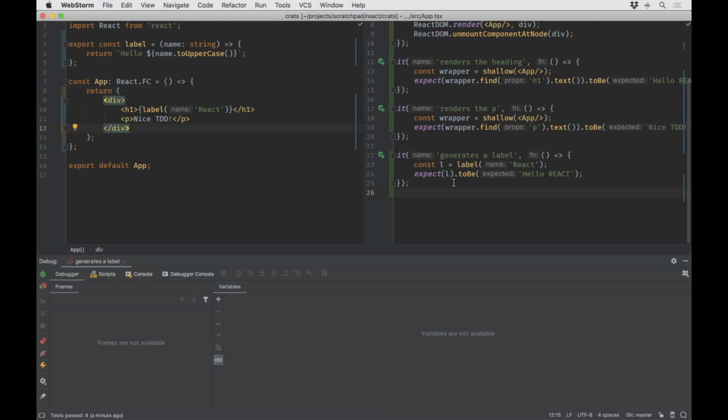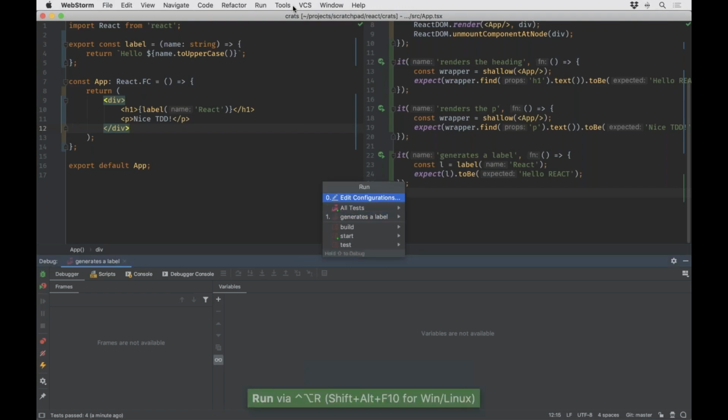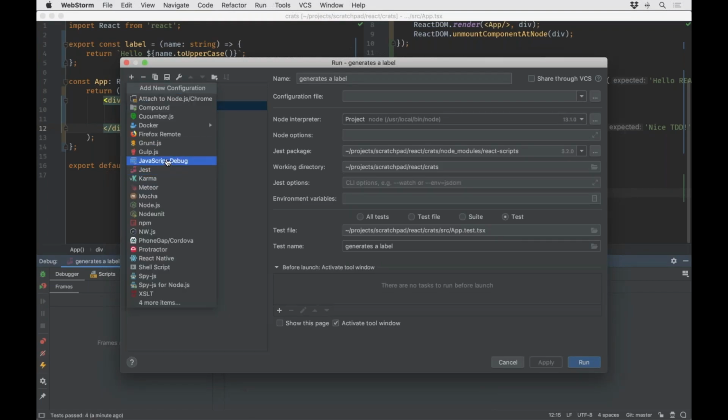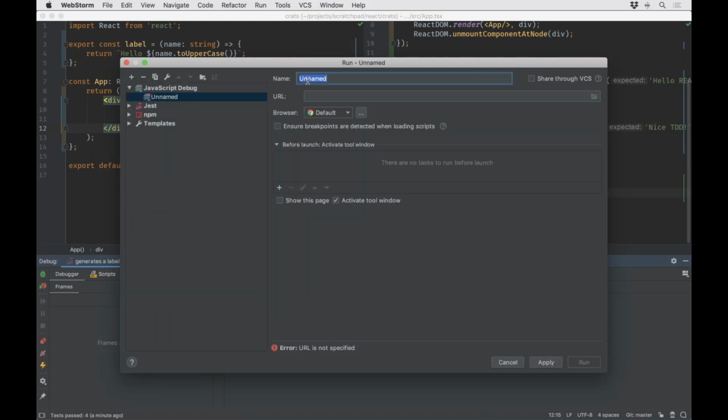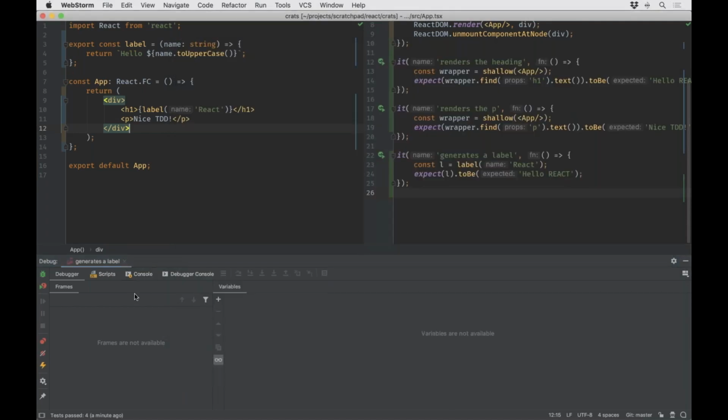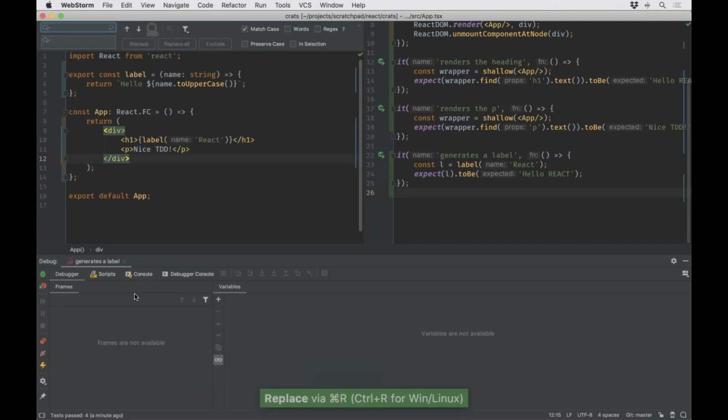So what we're going to do is the same thing we just showed, but instead of running it under Node.js, we're going to run it in the browser. And the way I do that is, first I will create a run configuration. I do it this way. I'm going to add a JavaScript debug run configuration. And I'll say Chrome tests, and the URL is going to be, let me stop that. I'm going to go back to the run tool,